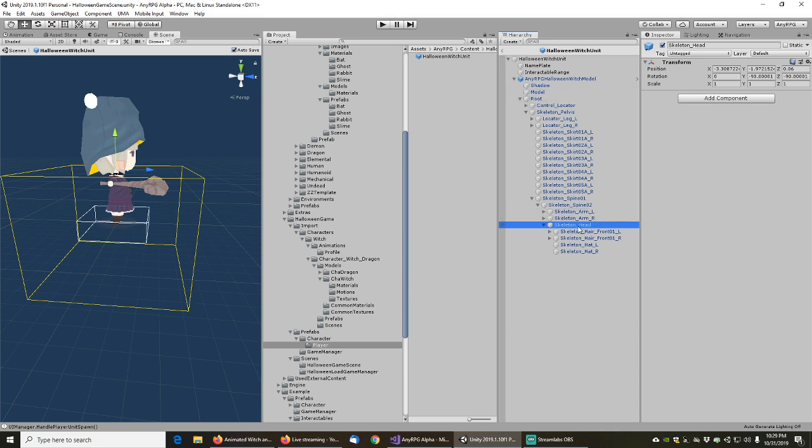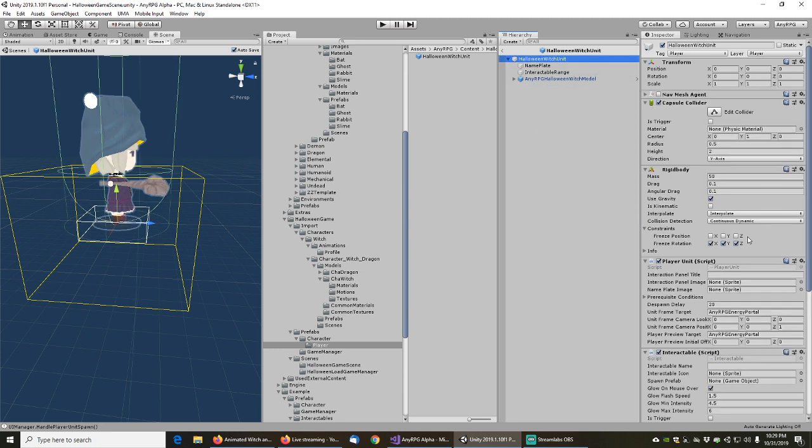So that looks good. We'll just copy that name there, and that will be our unit frame target for this character. So over there we see unit frame target. Yeah, player preview target, sure, same thing. Yeah, that looks good. And Z1, yeah, we'll just leave it at Z1. I mean, it might be a little zoomed out. We can always